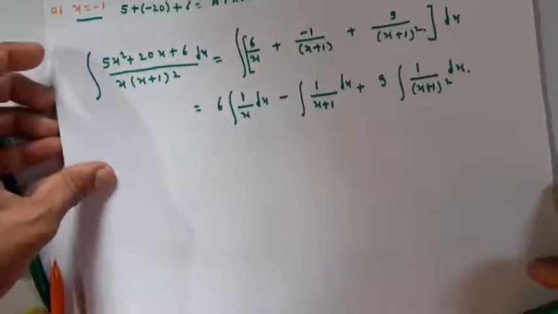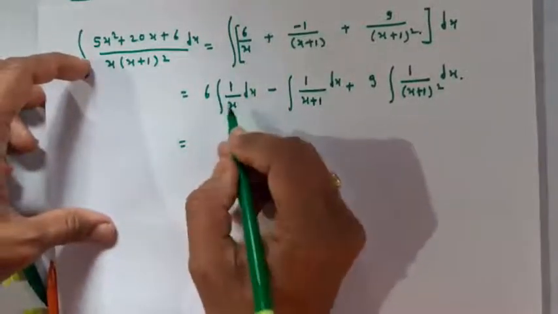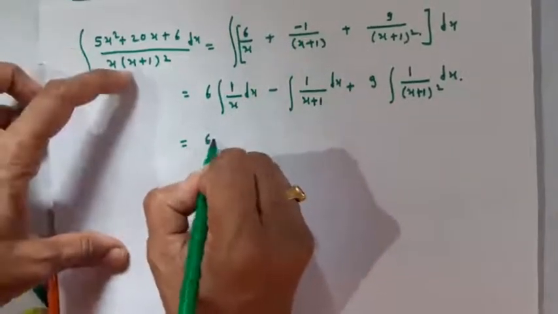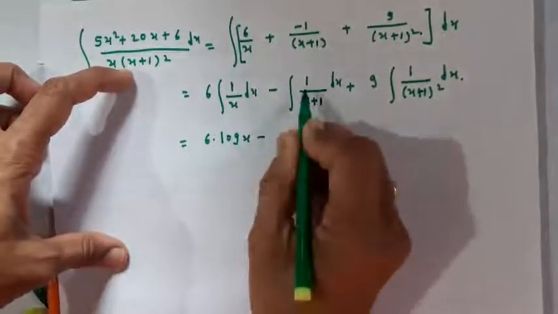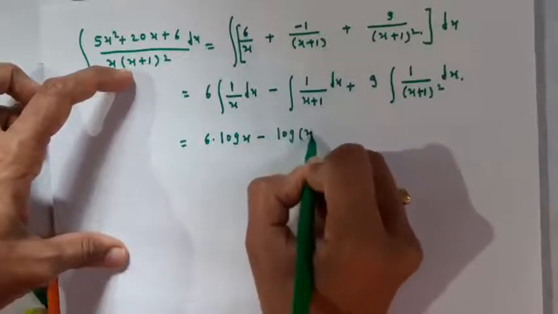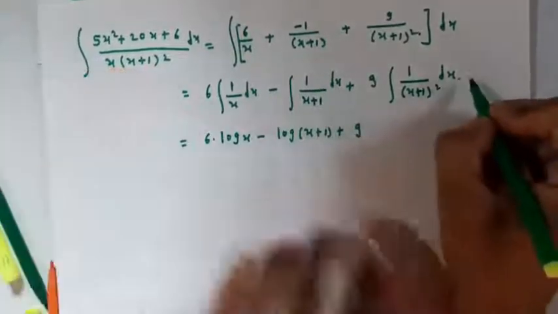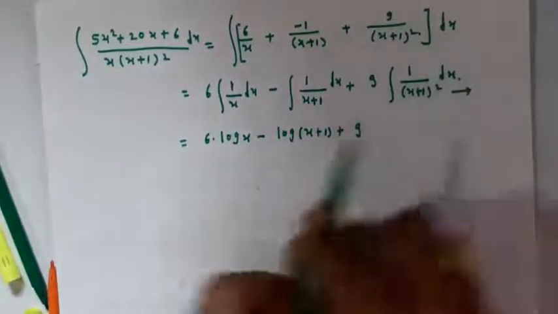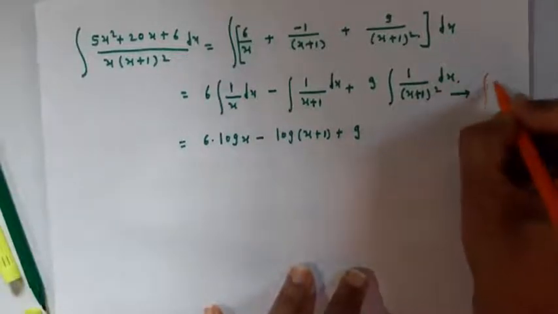Now, the integration of 1 upon x with respect to x is log of x. Therefore this is 6 into log of x, minus the integration of 1 upon x + 1, which is log of x + 1, plus 9,